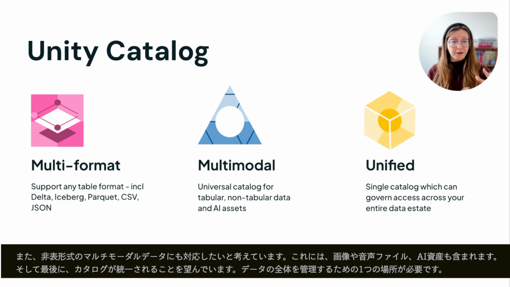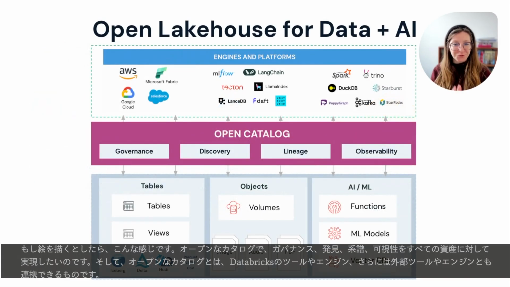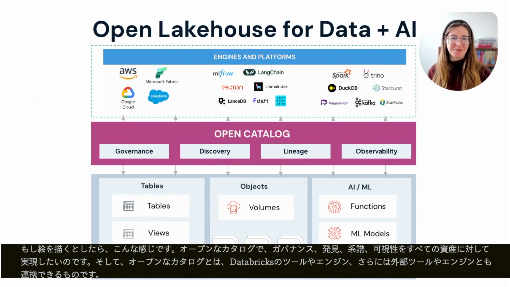And then finally, we want the catalog to be unified, having a single place to govern your whole data estate. So if I had to draw a picture, it probably looks something like this. We want an open catalog to achieve that governance, discoverability, lineage, and observability across all those different kinds of assets. And by having an open catalog, meaning the way it's open to interact with, both for Databricks tools and engines,